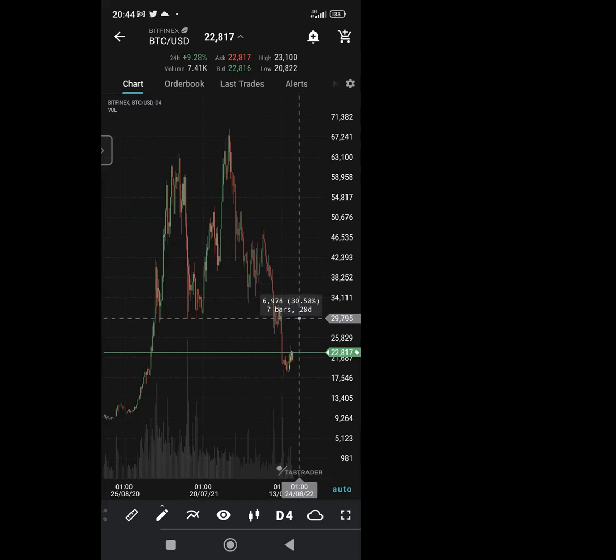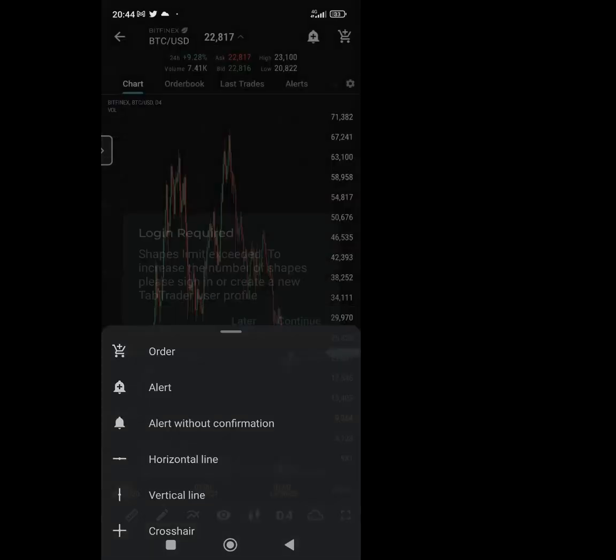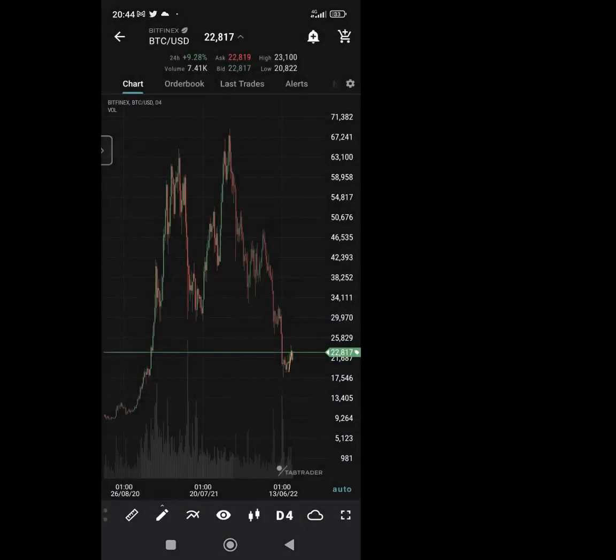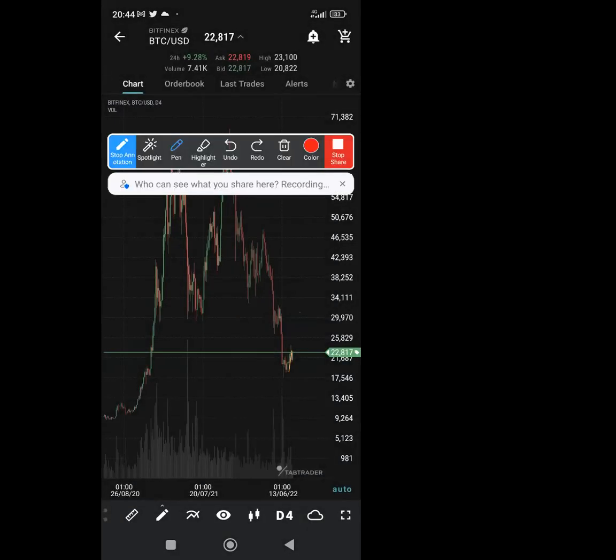Why did I pick this place as resistance? Let me do something. Hope you have seen where I picked as resistance. Around here, I picked that area as resistance. You can see now that at this point, traders,